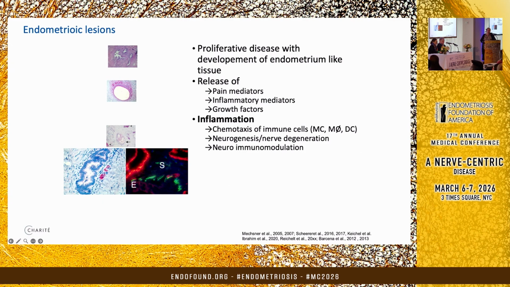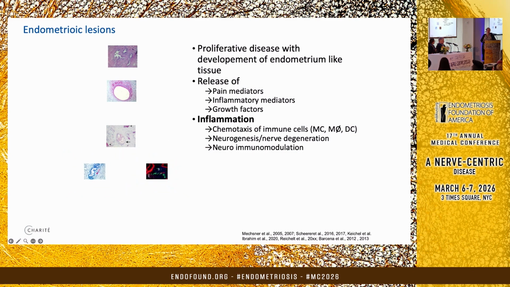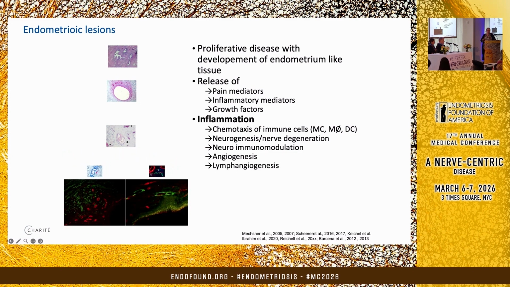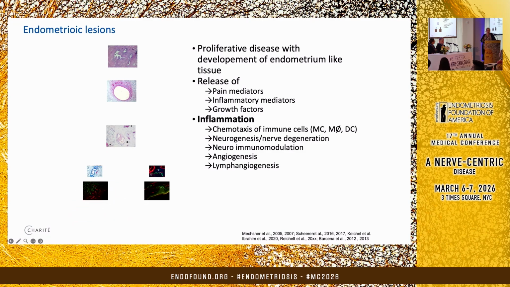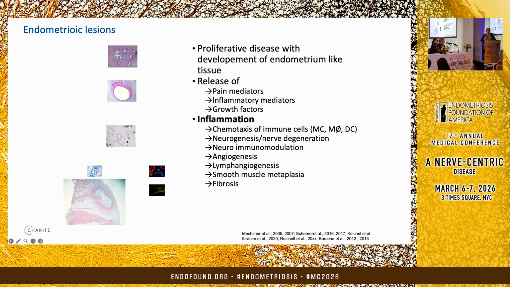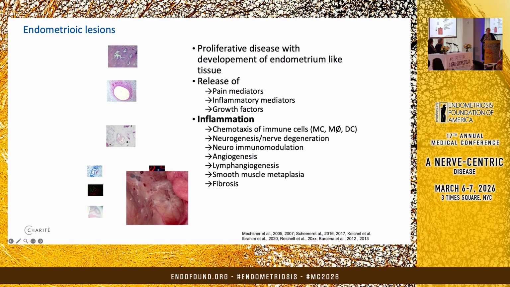So we thought, okay, there are newly grown nerve fibers into the endometriotic lesions. We have also the angiogenesis and lymphangiogenesis present in this tissue. And we have also, and that is also often forgotten, smooth muscle cells around the lesions. And these smooth muscle cells or myofibroblasts are able to release collagen. And so we have also a problem with fibrosis in this tissue. So we have a lot of topics which could be involved in pain generation.